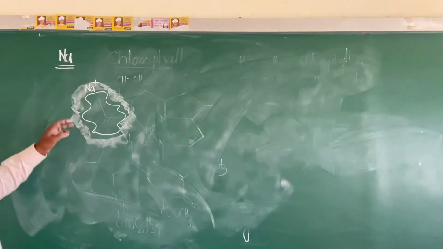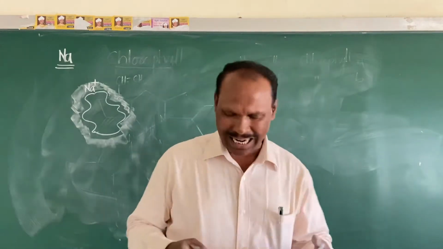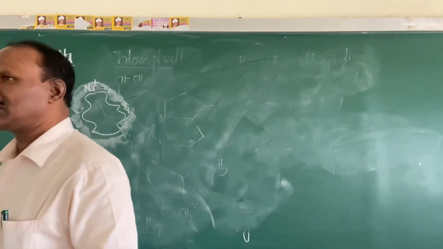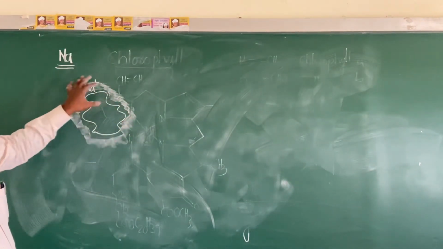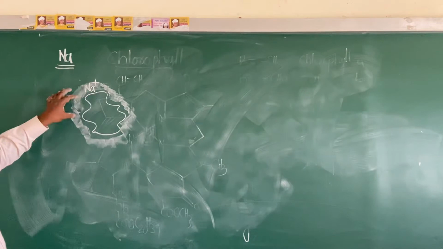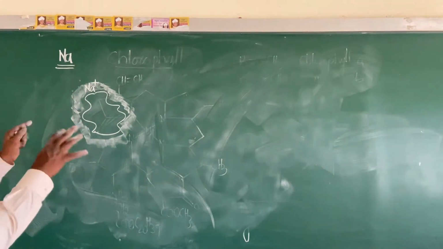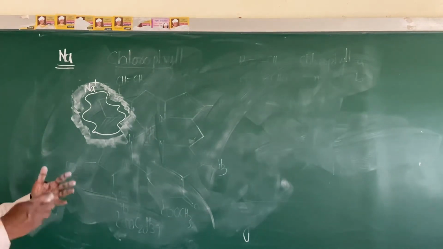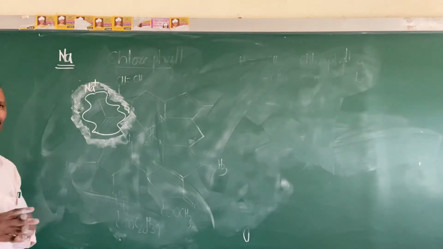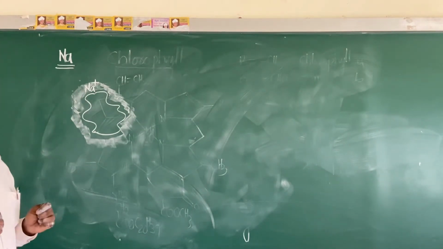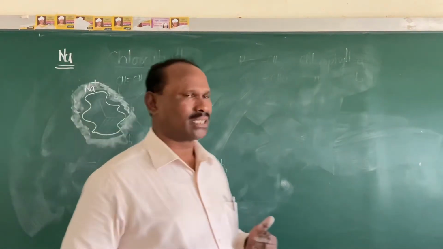And another thing is, these sodium ions, they transport carbohydrates and amino acids to the cell. Is it okay? They transport carbohydrates and amino acids to the cell. So these are the functionings of the sodium or Na plus ions outside the cell. And also remember, it regulates the water flow outside the cell. Is it okay?